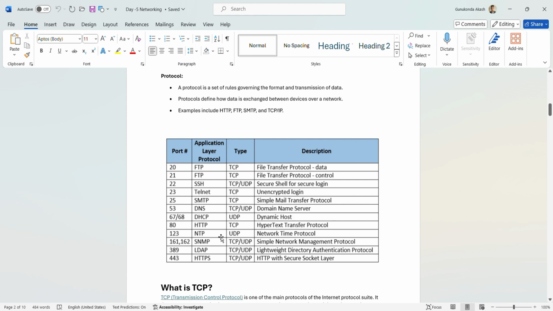In our previous class we discussed the dynamic host. For dynamic host also there will be one port, right? For each application, whether Google or Outlook or WhatsApp or anything, all applications go with one port or one protocol, that will be opened internally, but we don't know about all these things, right? For DHC